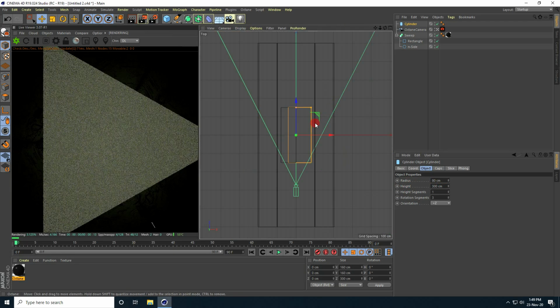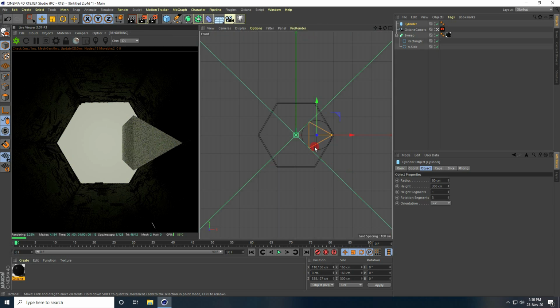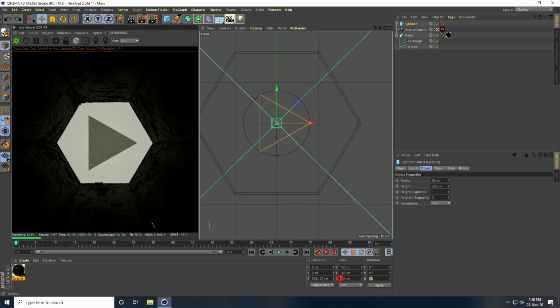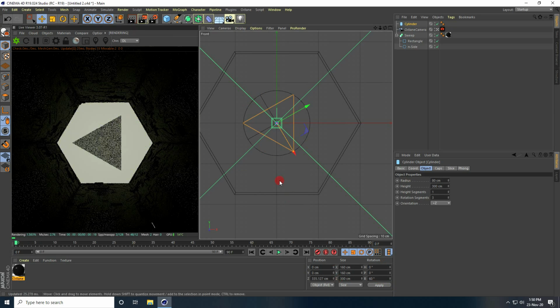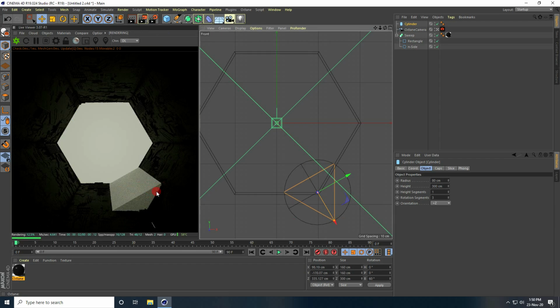Yeah, and I go to the top view panel and go here. Yes, and rotate like 60 and apply on the right side like this. See guys, that's my composition.